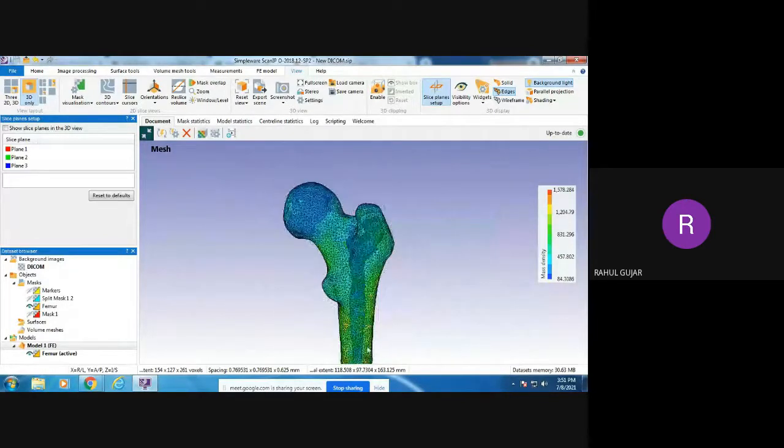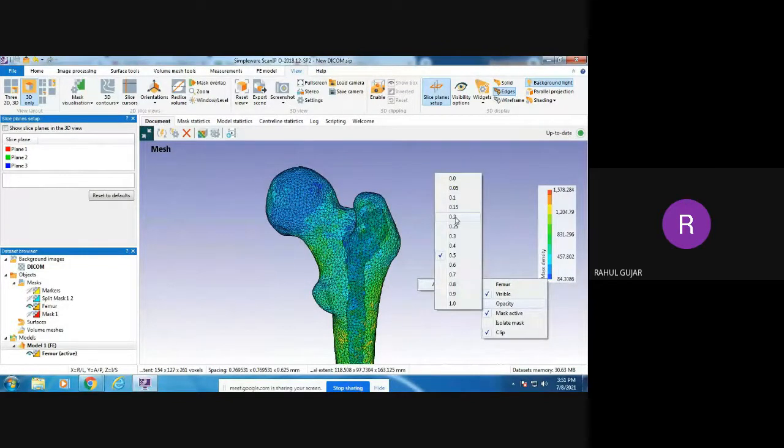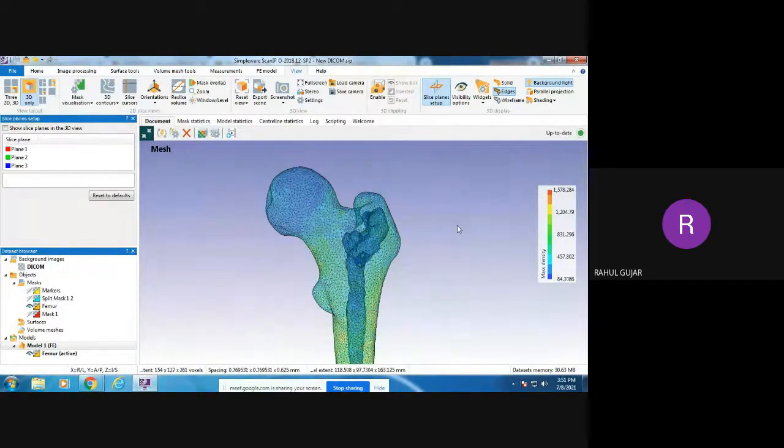Now this inside component will show the cavity, but you can give a mask to that cavity as well, like a bone marrow mask. If you want more opacity, you can get more opacity. Whatever implant is coming inside the bone, you can see its appropriate location and position.